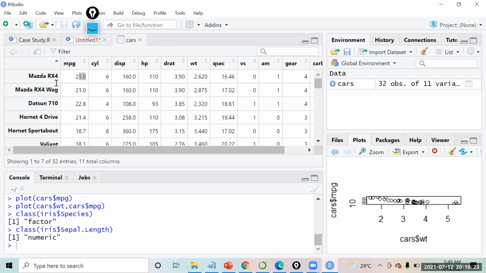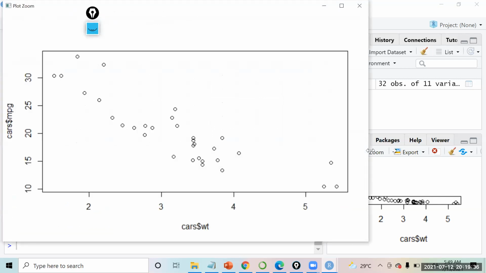Can you help? But where do you want the names of the cars? I want to see them in the view, generally in the table. I didn't get your question. Can you come again, please? How can we extract the names of the cars?